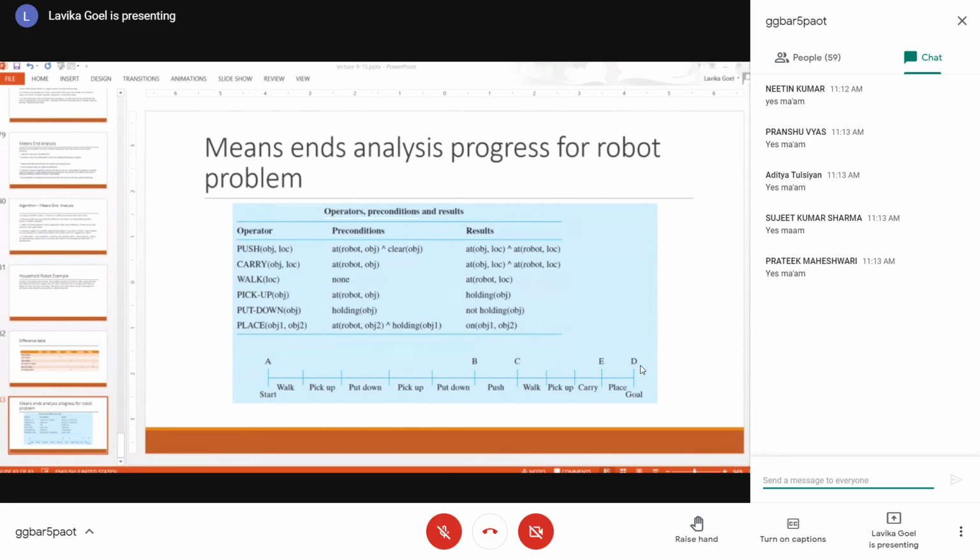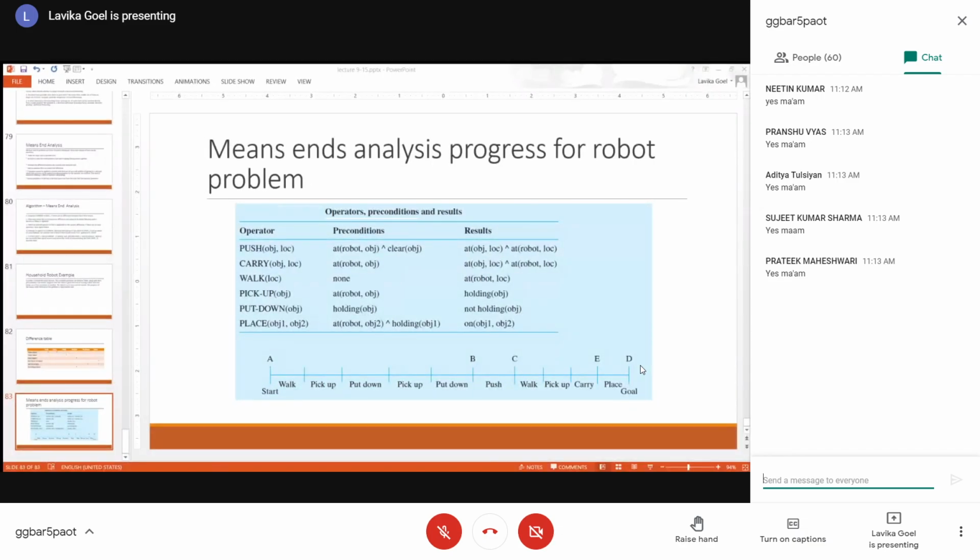The carry operator is basically where your robot is at the object because it wants to carry that object. So the robot is at the object. This is a precondition for carry, but there is no such precondition that you have to clear the object, because it's a thing kept on the table. It's a lighter object, so you just have to carry that one. The literal meaning of the word carry is also picking up. Basically, you're holding that particular thing in your hand, right? You cannot have a table in your hand. It's always a lighter object when you are carrying. So you don't have a precondition that the table should be clear in the case of the carry operator, right?